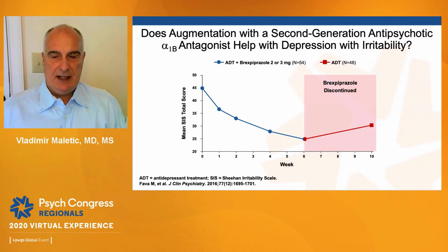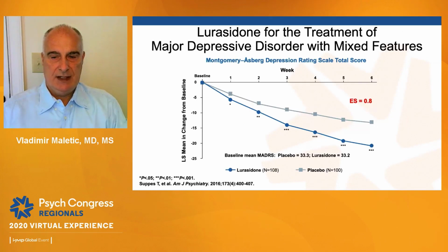score. At the end of 6 weeks, brexpiprazole was discontinued, antidepressant was continued, and we see an escalation in irritability, suggesting that brexpiprazole actually may have a specific role in assisting with irritability in our patients. And yet another study